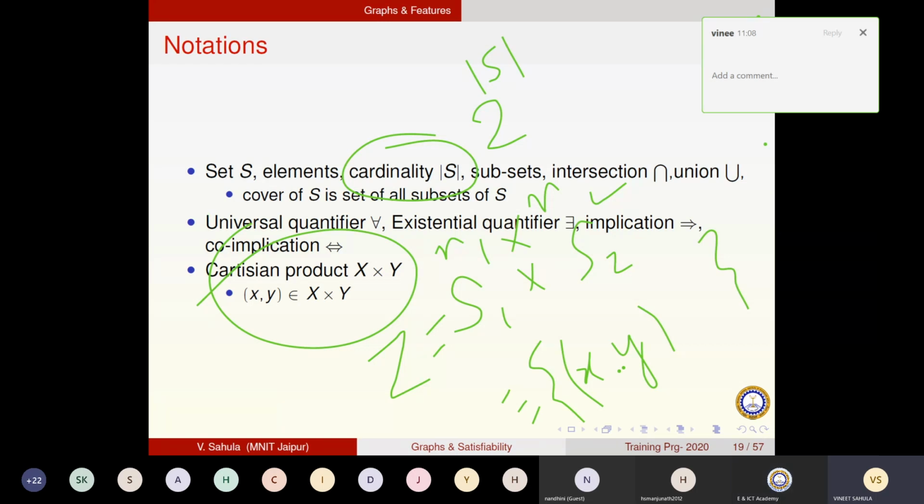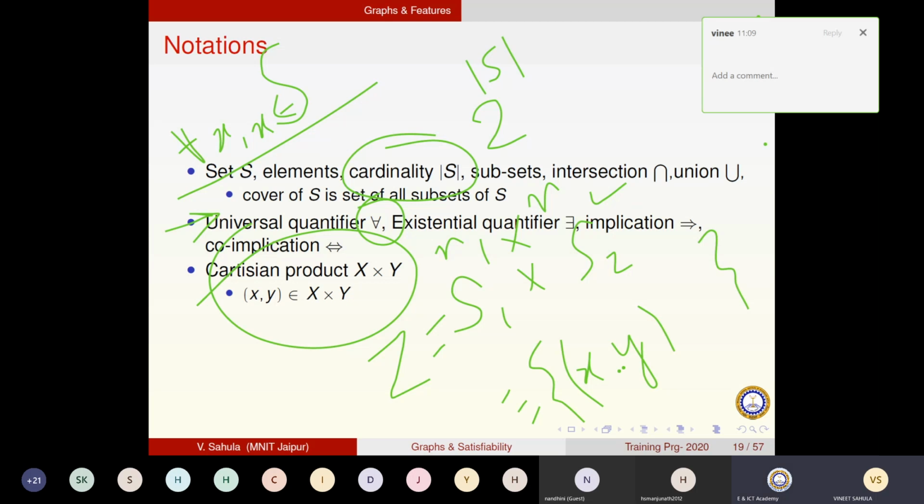Another thing I'm indicating here is the universal quantifier and the existential quantifier. It simply says that given a set, if anything is true for all the elements, I will indicate it mathematically by this symbol. So if I say all the elements X, where X is a member of S, will you be able to describe this in English? This is the notation. This says for all values of X, for every X, such that X is a member of S. So what does it indicate? All the members of S, right?